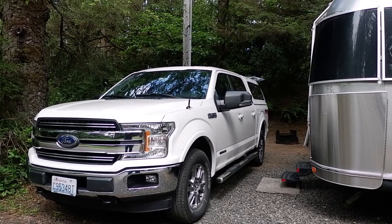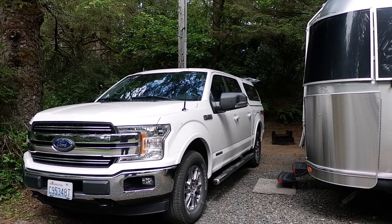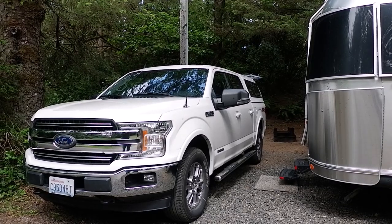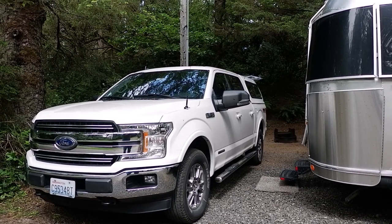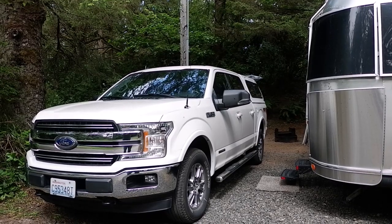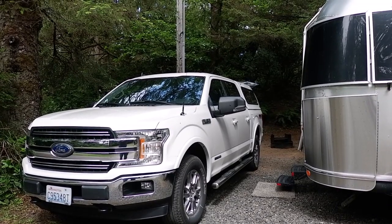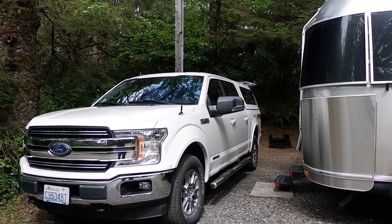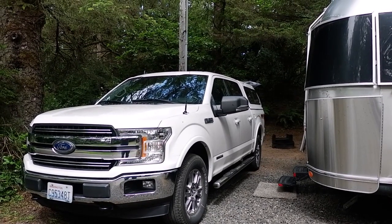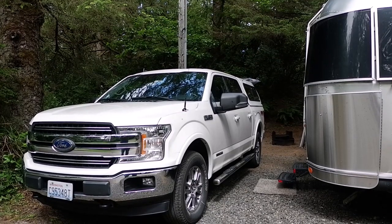So the other reasons we like it are it's quiet and comfortable. It's got a number of four-wheel drive options, so we took it through the washes in the deserts in the Southwest and never got stuck with it. It's been a great vehicle for us, and my wife likes that she doesn't have to take a ladder to get up into it. That said, it has one issue that is a bit of a problem for towing,